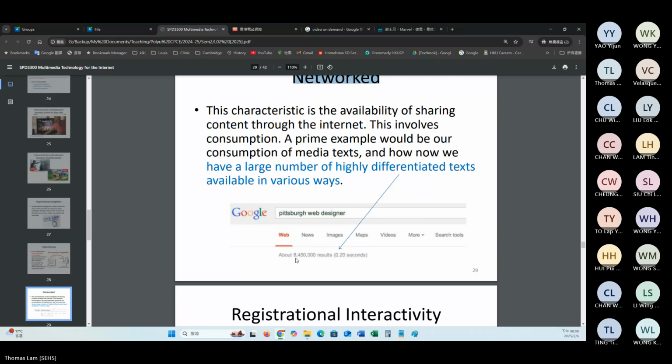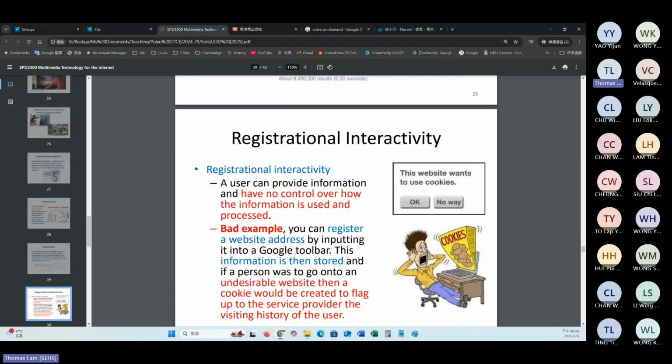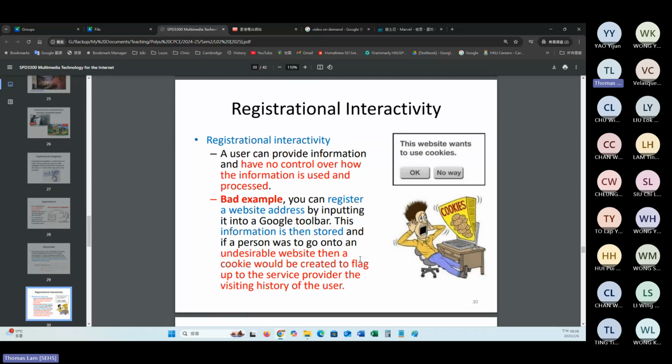Suppose I search for Beach web designer, and we can have more than 8 million results in 0.2 seconds.